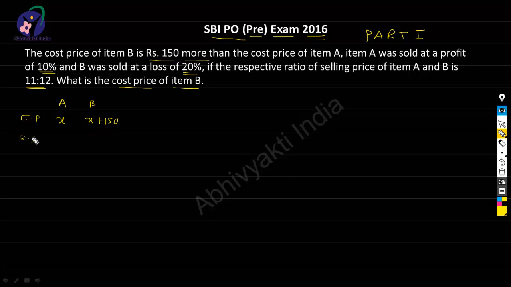Now item A is sold at a profit of 10%, so the selling price will be 11x by 10, and item B is sold at a loss of 20%, and therefore the selling price of item B will be (8x plus 1200) upon 10, and therefore by condition